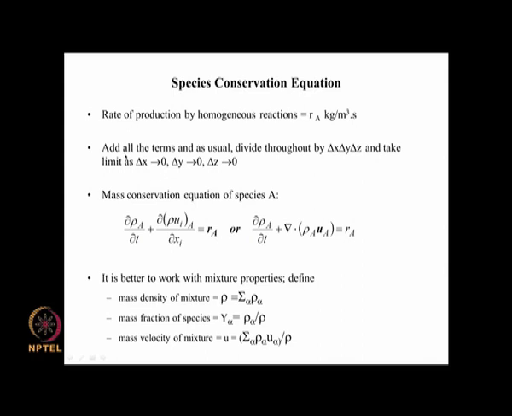So we add all the terms as usual and then divide by the product of the volume delta x delta y delta z, and take the limit as delta x tends to 0, delta y tends to 0 and delta z tends to 0, and then we have an equation which is very similar to the mass conservation equation that we had earlier,